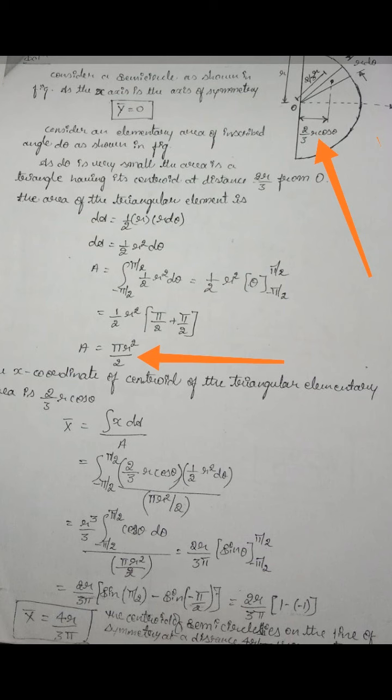The centroid formula which you have to determine, x bar is equal to the integration of x into dA divided by A, is the formula which remains constant for either the quadrant or the semicircle. You only have to substitute the values of x, dA and A. In these two derivations only dA changes, and the rest of the things remain the same. The area of the quadrant will be different from the area of the semicircle, but all the other things remain constant.